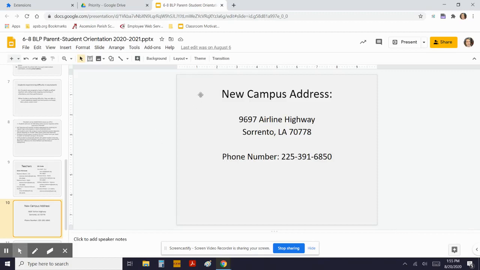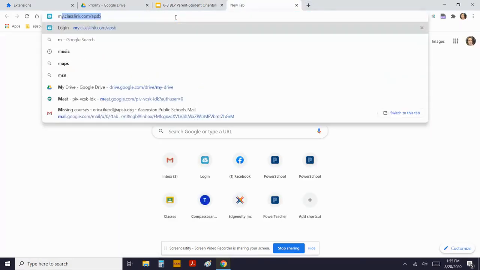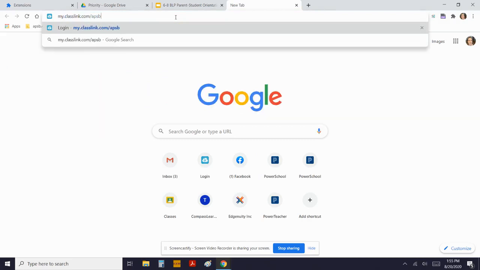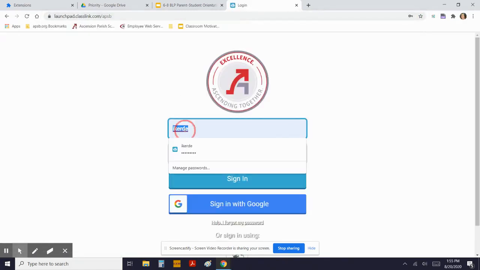Now I'm going to actually share with you how to log in to your Edgenuity. First thing, you're going to open a new tab, and you're going to go to my.classlink.com/APSB. If your child is using their school-issued device, it should pop up automatically or have a little icon for them to click that looks like a blue cloud. And when they log in,